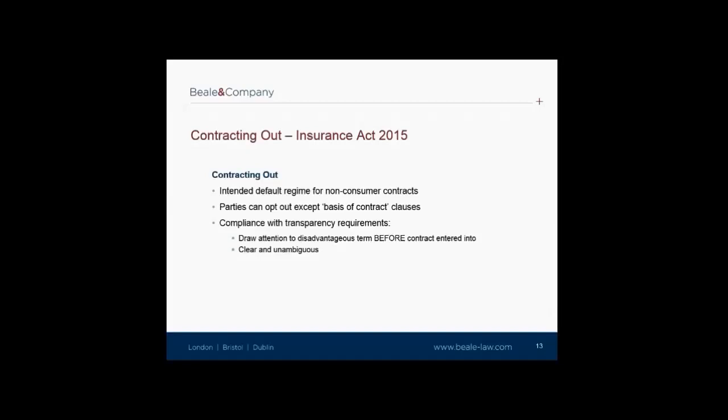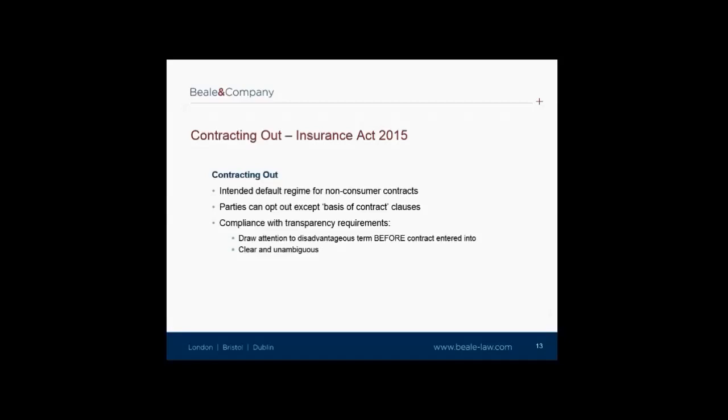In determining whether the transparency requirements have been met, the characteristics of the insured and the circumstances of the transaction should be taken into account. For example, an insurer will have to do less to bring the provision to the attention of a large sophisticated company, which is advised by experienced lawyers and brokers, than it would for a sole trader buying off-the-shelf insurance online. Also, it will be sufficient to communicate just to the broker when he is acting as an agent of the insured.